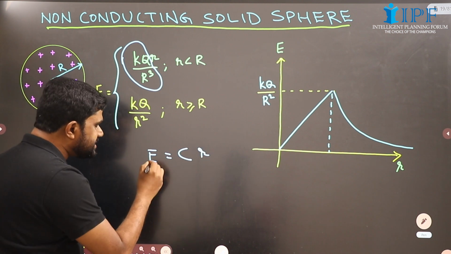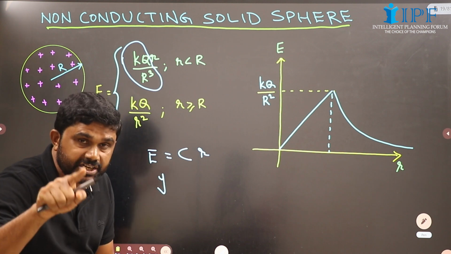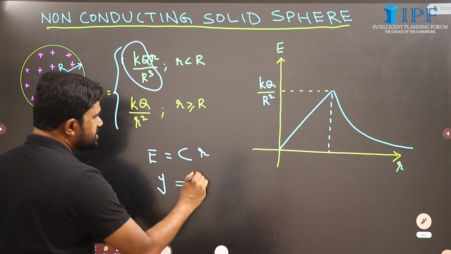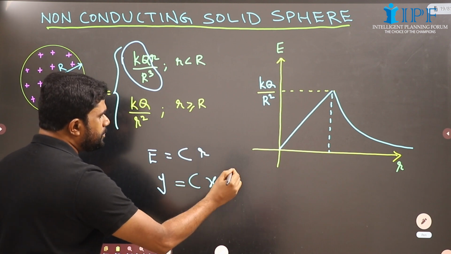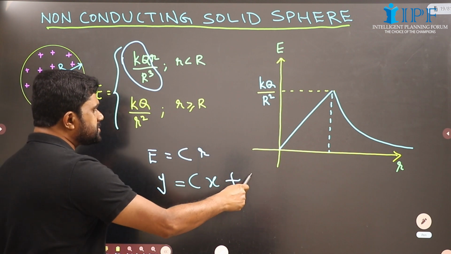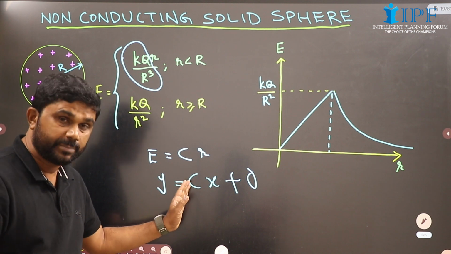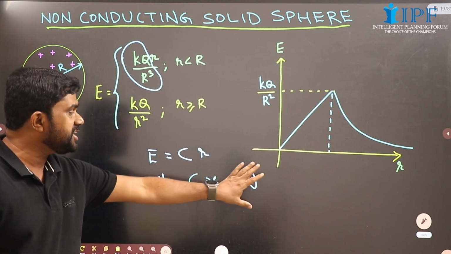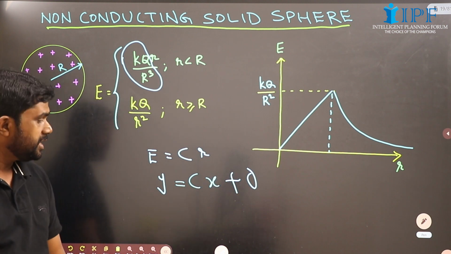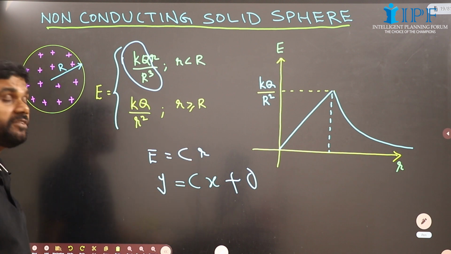If we plot this intensity of electric field along the y-axis, let me replace the quantity plotted along the y-axis as y, and this is a constant, and this is the quantity plotted along the x-axis. So this is of the form y equal to mx plus c. What stands for c here? Instead, y equal to mx, where m means slope. So this is the equation of a straight line passing through the origin. But this equation will be valid